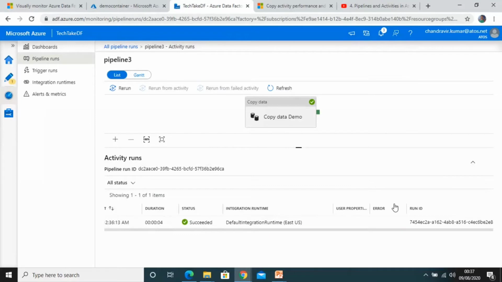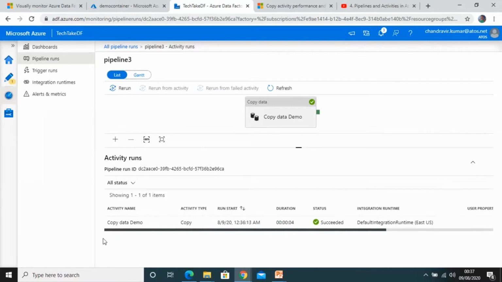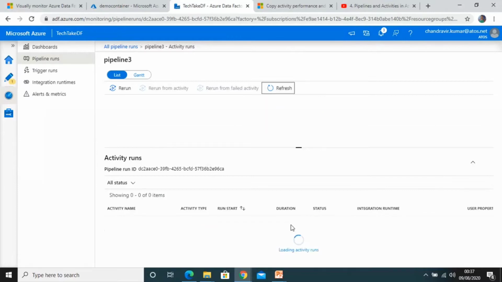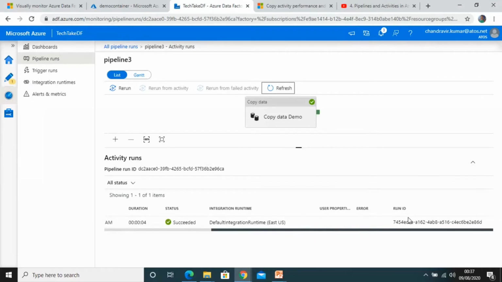We have the option user properties, the activity name, activity details, status, integration runtime. Just refresh it. Now go to the right side and this is the user properties.